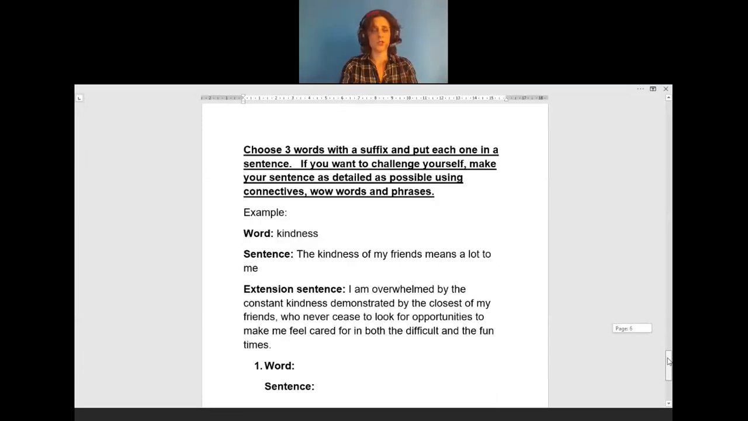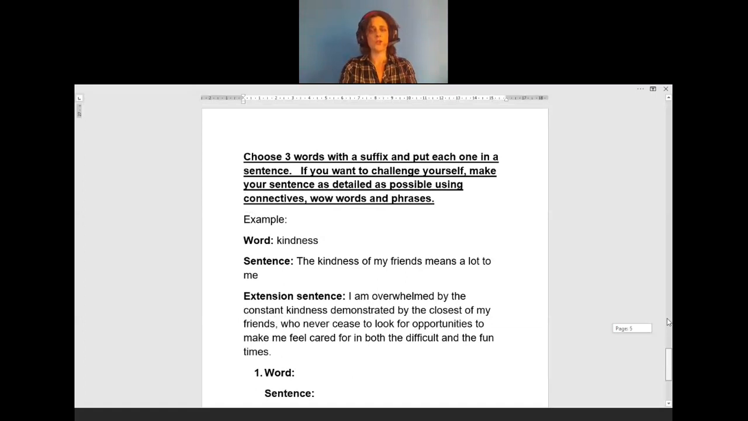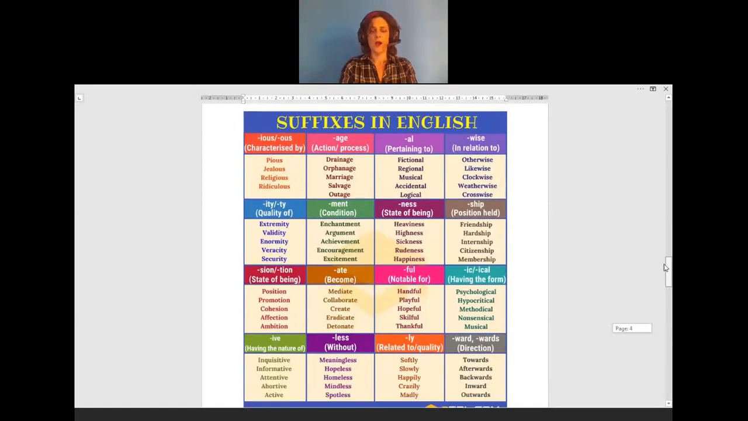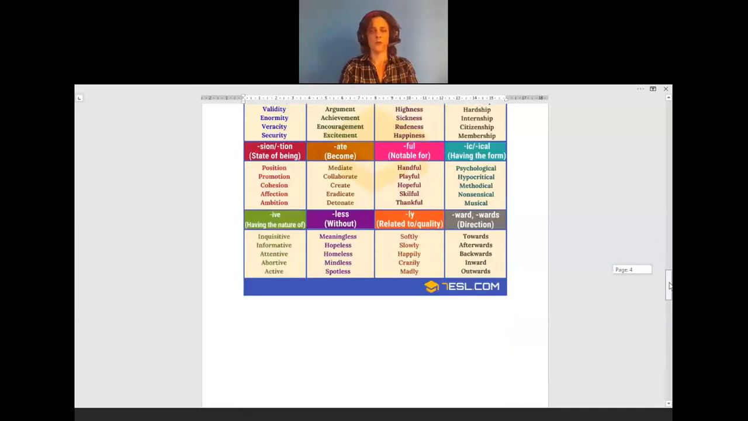The last thing you're going to do is choose a word with a suffix, and you can go up and choose it from this list if you like. I chose a ness word, and we do have ness up here, but the one I chose is not on here. We've got heaviness, highness, sickness, rudeness, and happiness. But I chose kindness as my example word. So if you have a look,